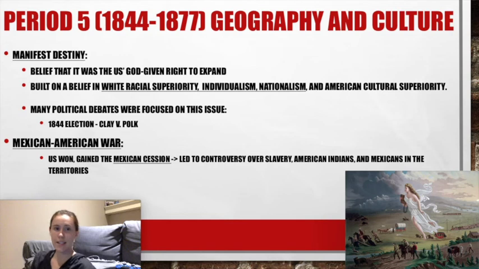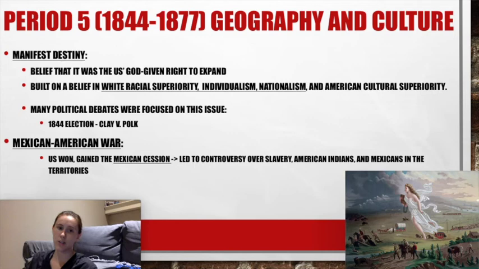Now, in the election of 1844, James Polk is going to be elected because the majority of Americans at this time are going to support Manifest Destiny, this idea that America should expand. Polk is going to lead us during the Mexican-American War. The United States is going to win this war and gain that territory known as the Mexican Cession,